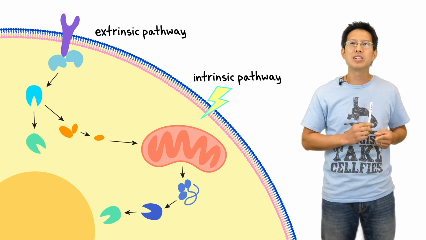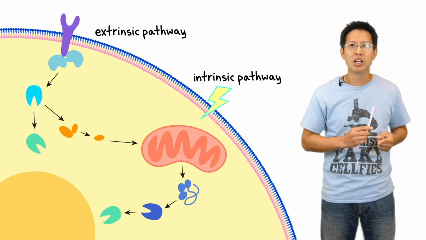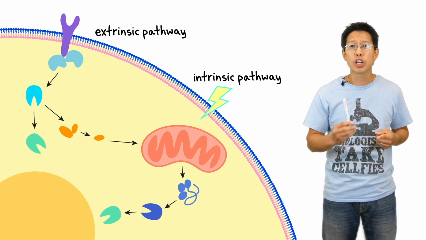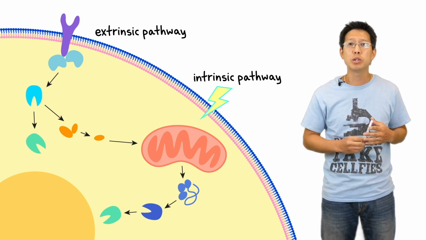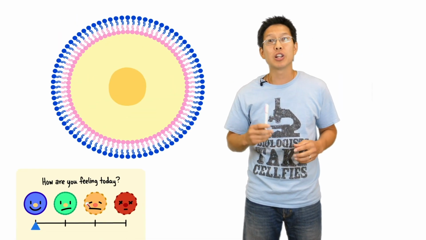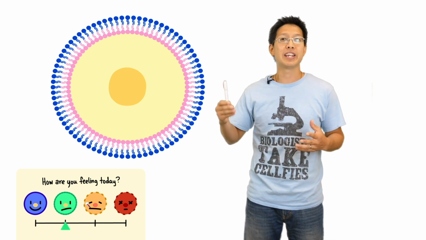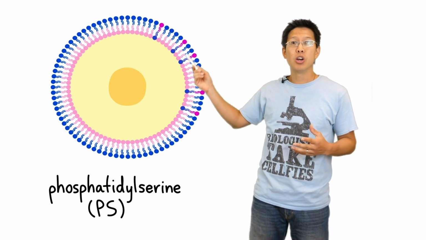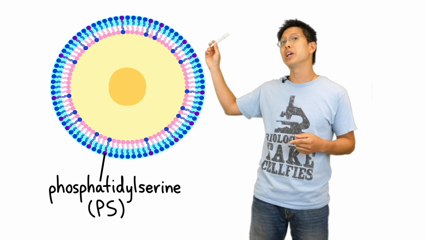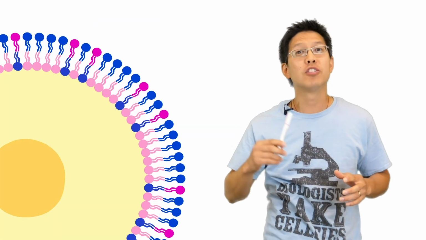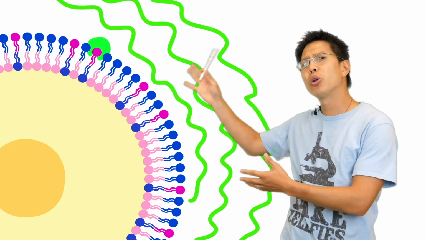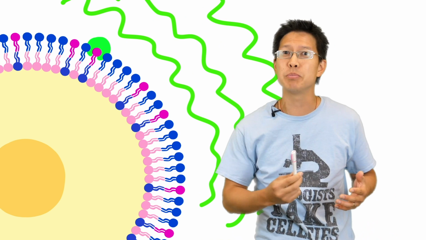Because Annexin-5 is an early stage apoptosis indicator, when staining cancer cells with Annexin-5, researchers will be able to identify and characterize the state of the cells after certain treatments. When apoptosis is triggered by the extrinsic pathway, one of the first physiological changes that occur within the cell is the externalization of phosphatidylserine, or PS, an anionic phospholipid, from the inner leaflet of the cell to the outer leaflet. When this occurs, fluorescently labeled Annexin-5 can bind to PS residue on the outer leaflet and emits fluorescent signals showing that apoptosis is in progress.